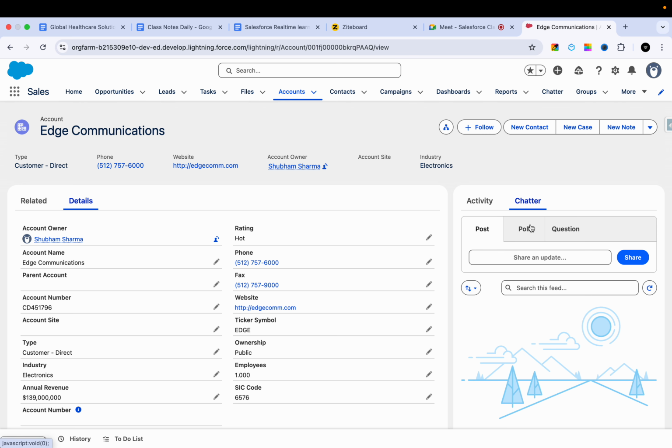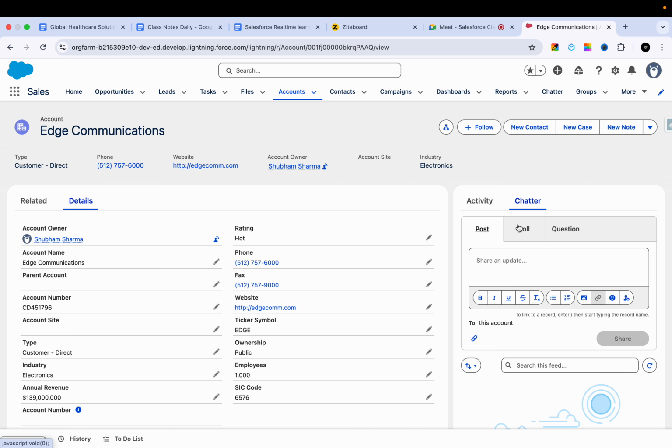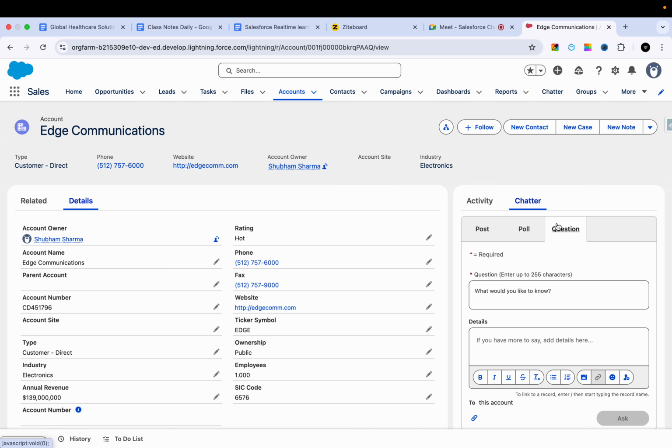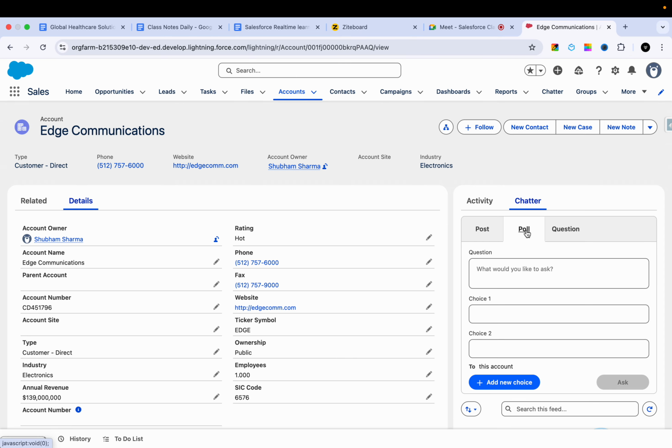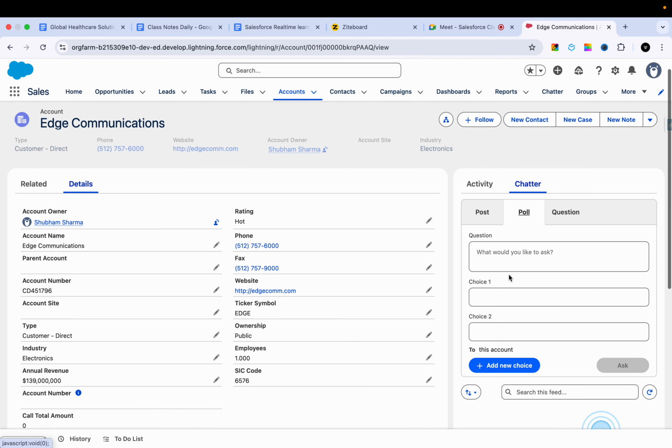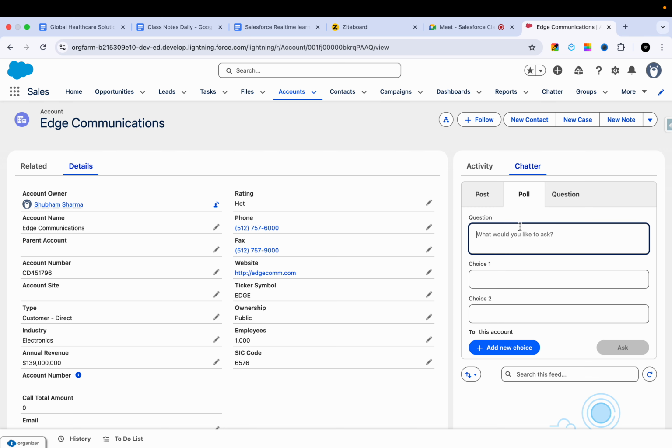Chatter is for communication purposes. We know that in Facebook and Instagram we have the feed, right? People post something, we can put a comment, and we can like that post. The same way we can also have a poll. Let's say, for example,